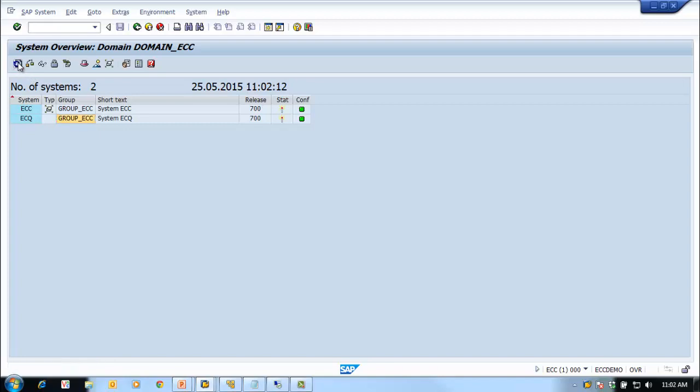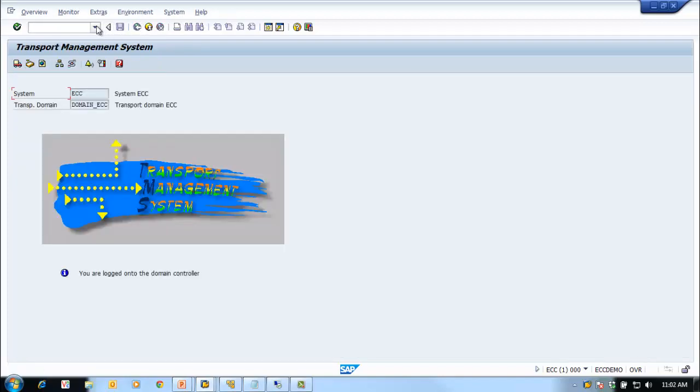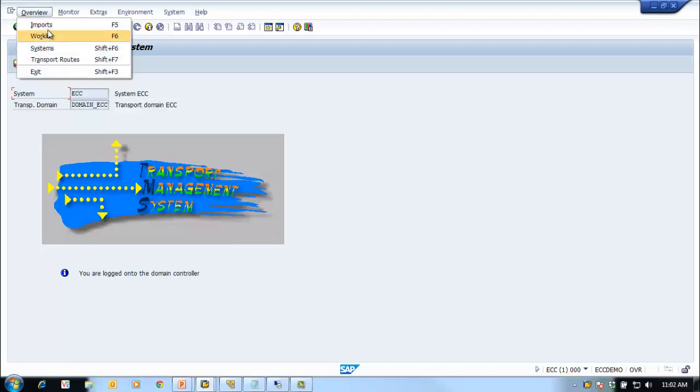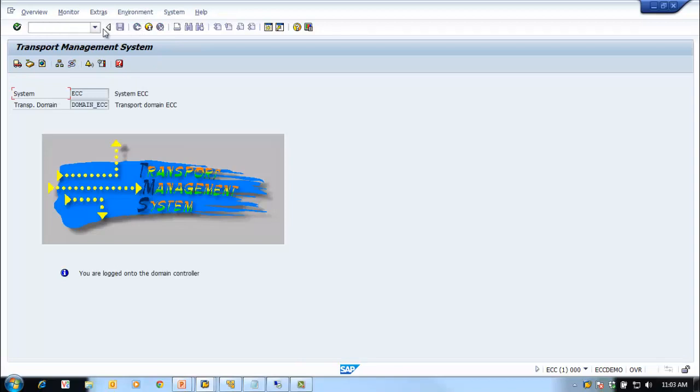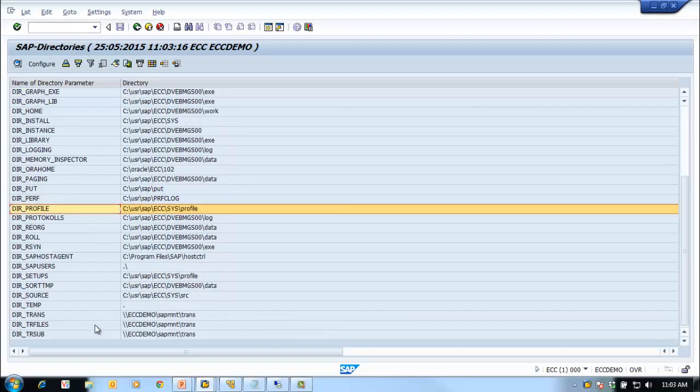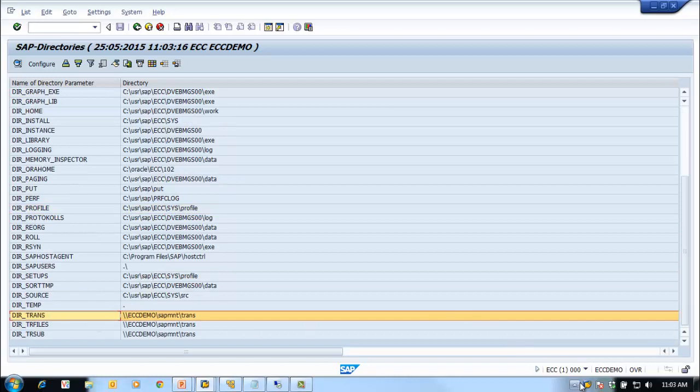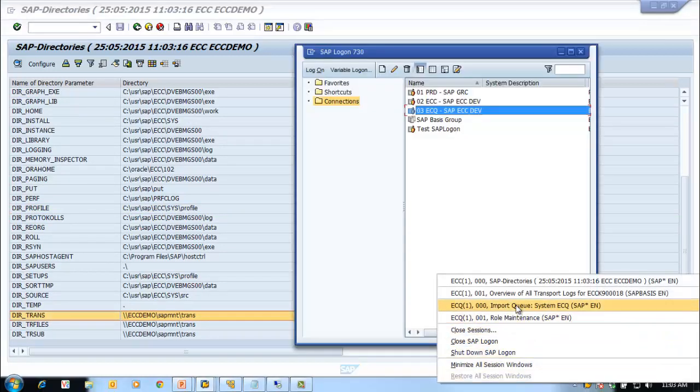Okay, go back and say TMS systems. Now we can see the particular group is gone because it's all the same group. Okay, now you need to do one more thing, because the transport directory is now different in different systems. If I go to /AL11, here the transport directory is different, and if I go to the ECQ system, ECQ000,